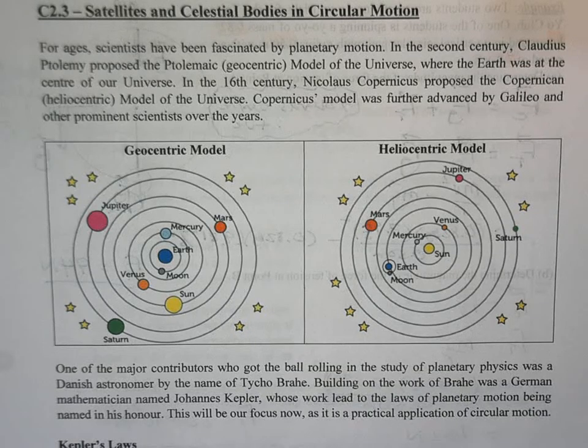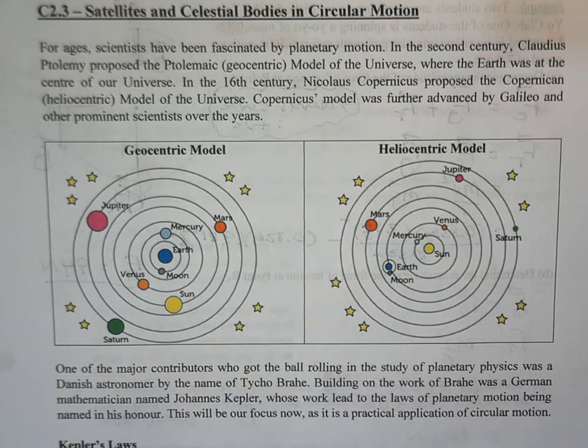Before we get to that, just to refresh, you've probably heard these terms geocentric and heliocentric. For the longest time, people believed in the geocentric model, where the Earth was at the center and the planets and the sun rotated around the Earth. Sometimes you may hear this referred to as the Ptolemaic model. Eventually, the Copernican model, or the heliocentric model, was introduced. This is the model we go by today, where the sun is at the center and the planets orbit around the sun.